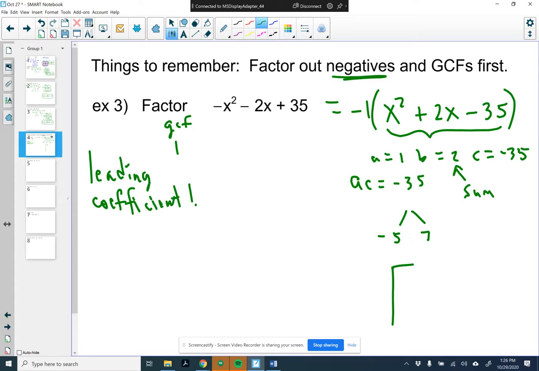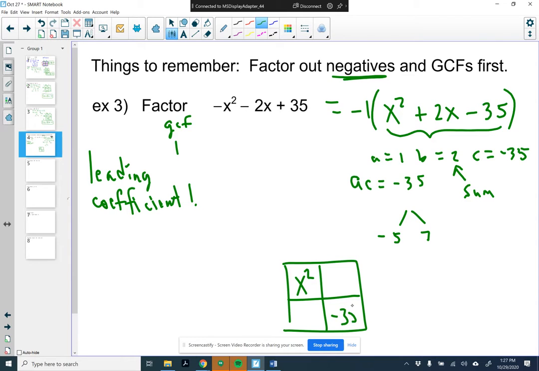We'll build the table. I think I'll come over here to build the table. First term gets the first square, last term gets the last square. Remember, I'm working on the quadratic that's inside the parentheses. I'm ignoring the -1 till the very end. I'm taking the middle term 2x and I'm writing it as -5x plus 7x. And then we're going to find greatest common factors of each row. Top row, bottom row, first column,